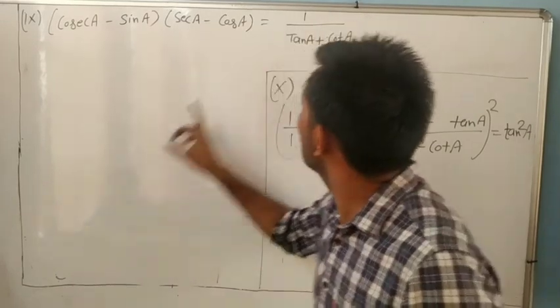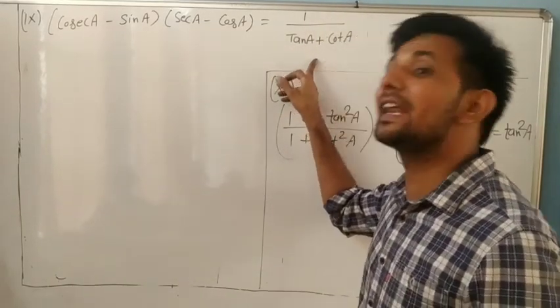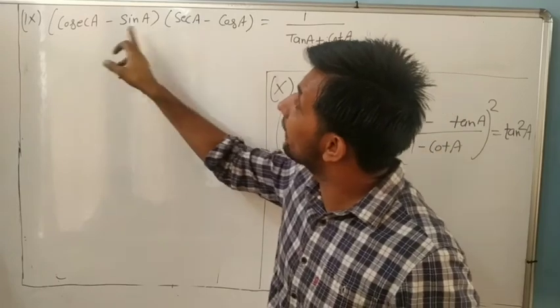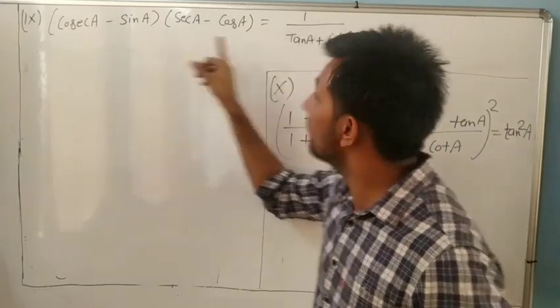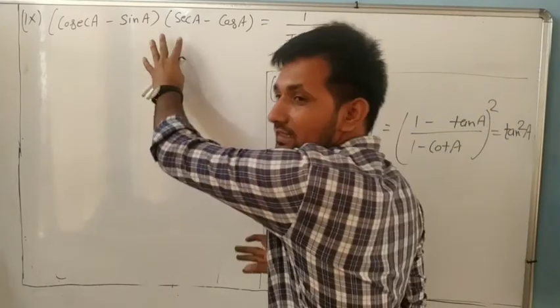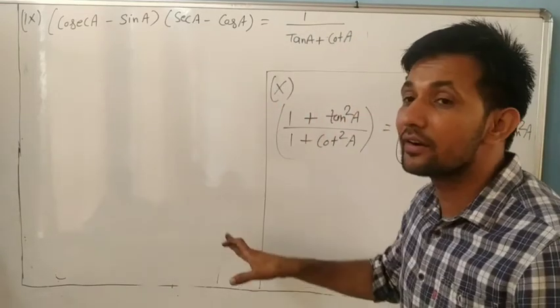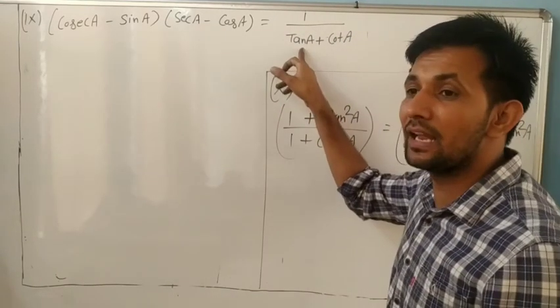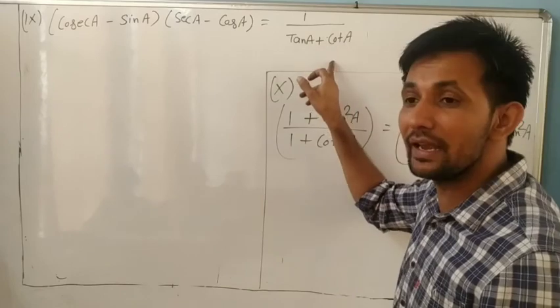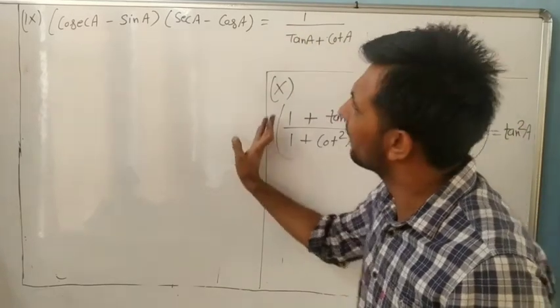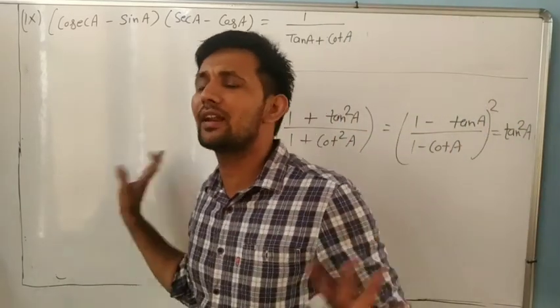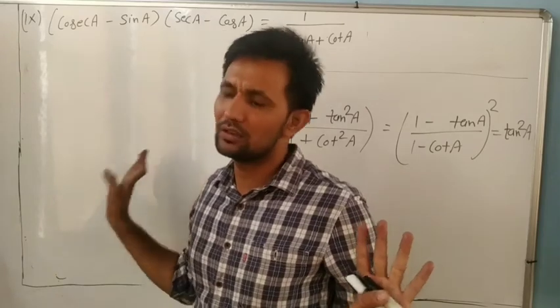Now we will start with the right hand side because the right hand side is all in sine and cos. So we will check that the left hand side is all in sine and cos now. Taking right hand side, tan means sine by cos, cot means cos by sine. Taking LCM, you will observe that left and right both become equal. You have to do it yourself.